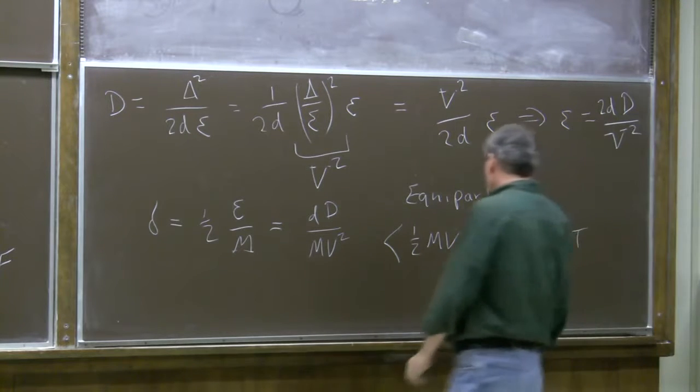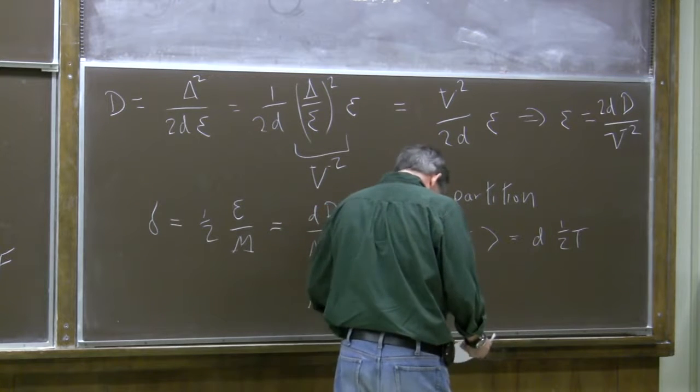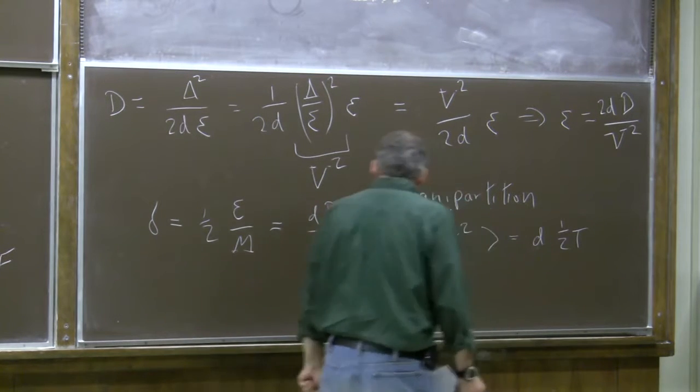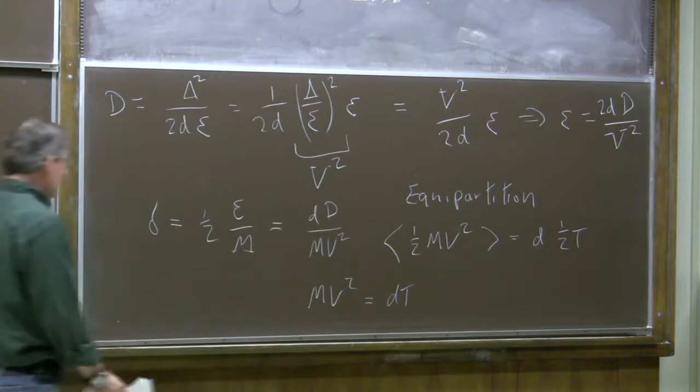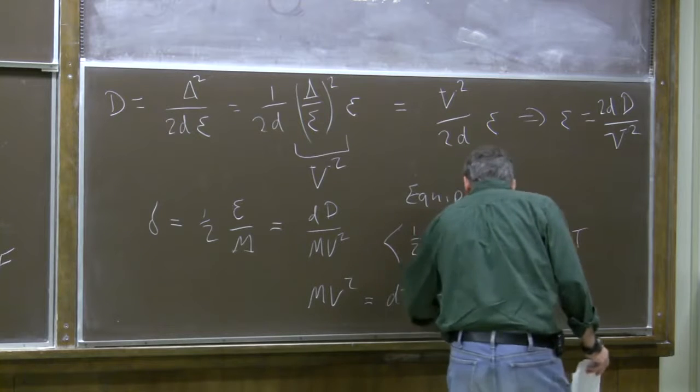Okay? So in other words, for m v squared,